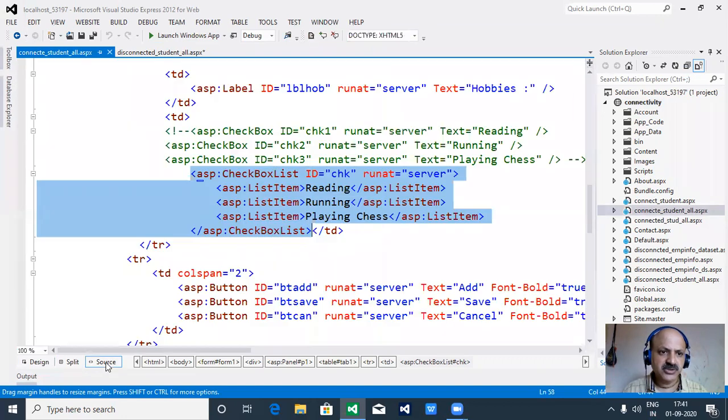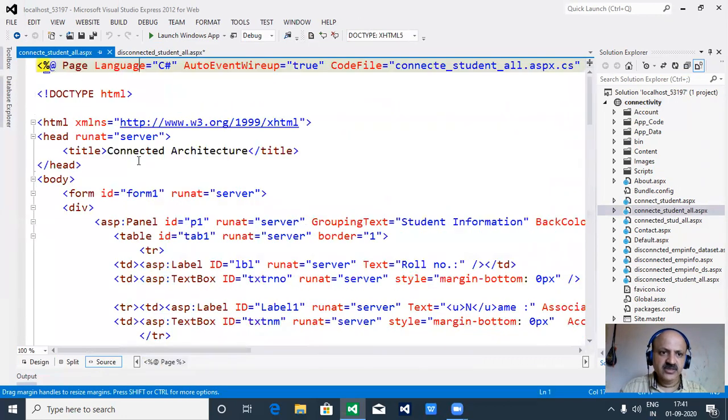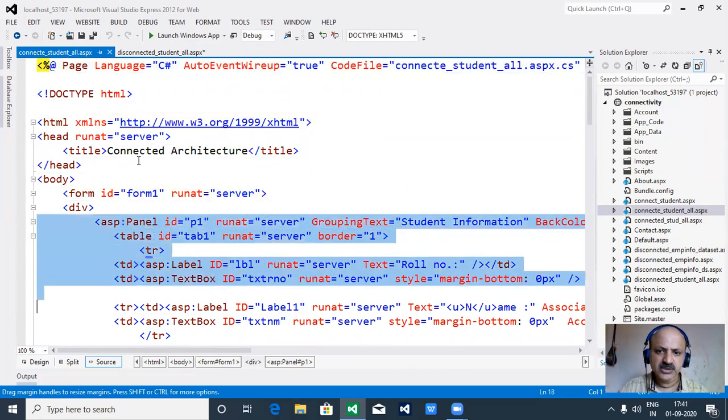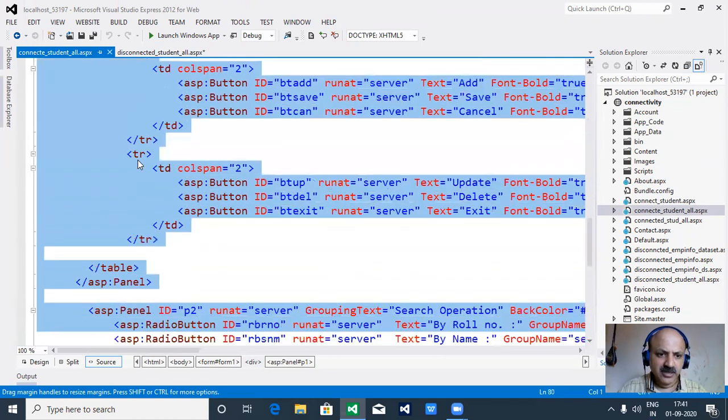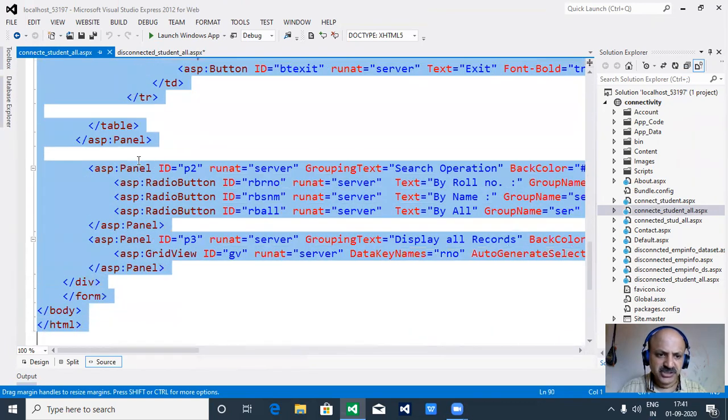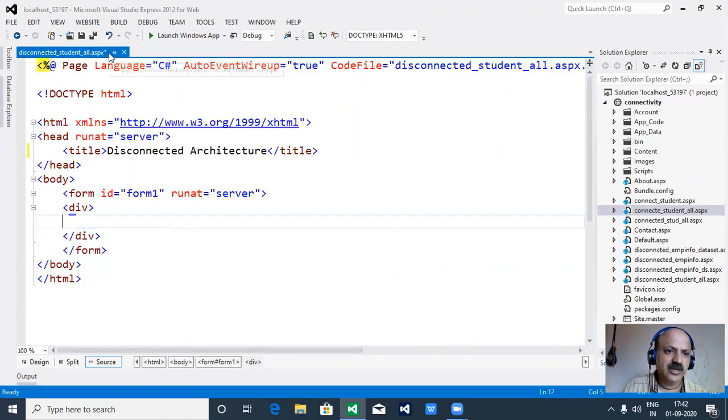So I just take this design. There are 3 panels: first is student information, second in between is the search operation, and third is the grid view. So I first close this connected one and now provide the disconnected one.